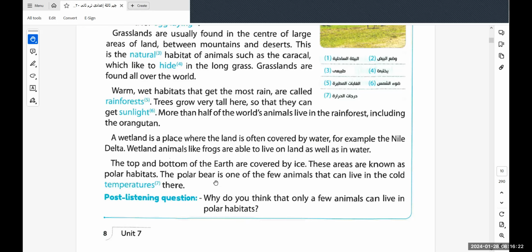The top and the bottom of the earth are covered by ice. These areas are known as polar habitats. The polar bear is one of the few animals that can live in the cold temperatures there. Okay, well, let's move now to